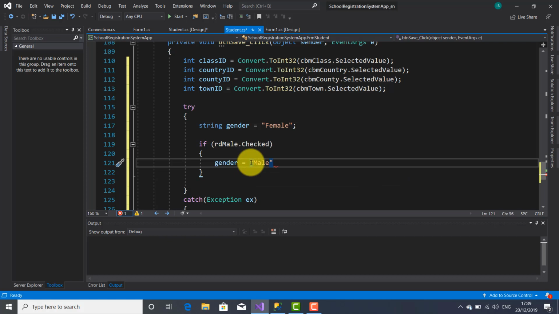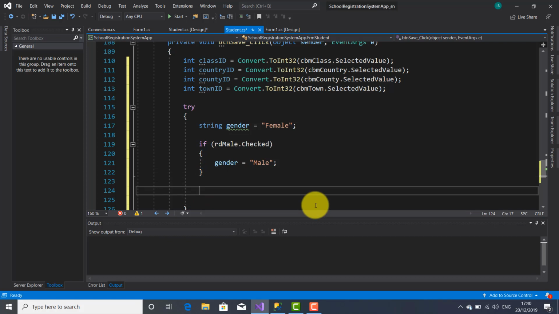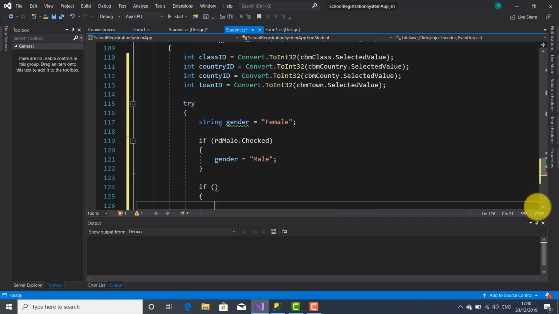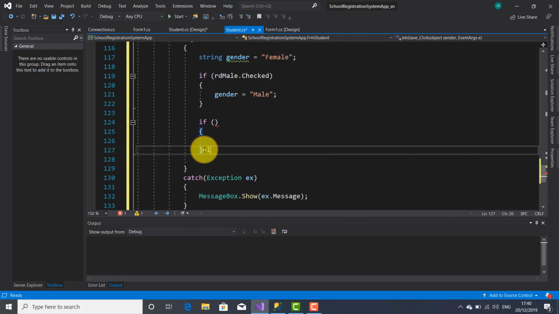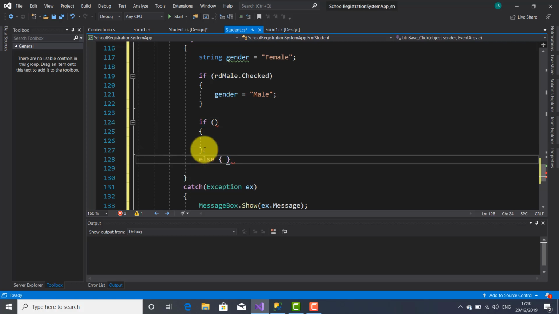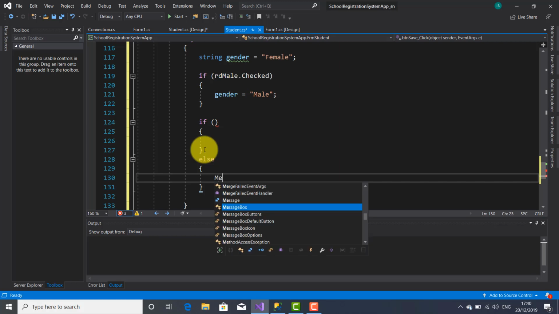Here you go. All right. And here I'm going to use this if statement. Yeah, curly brackets. Else. Curly brackets. And here I'm going to write this message box